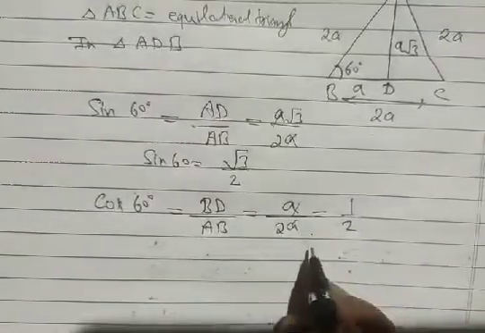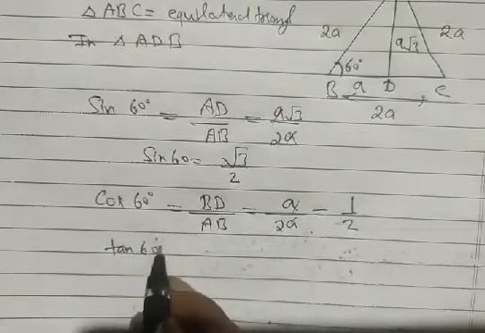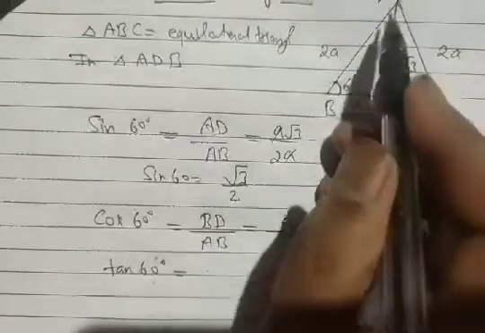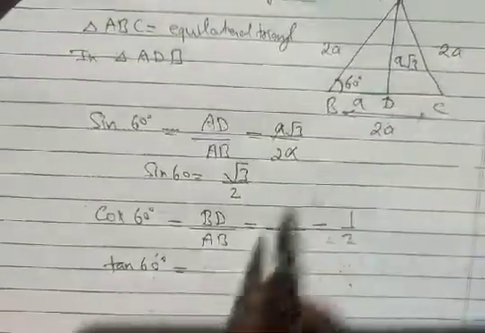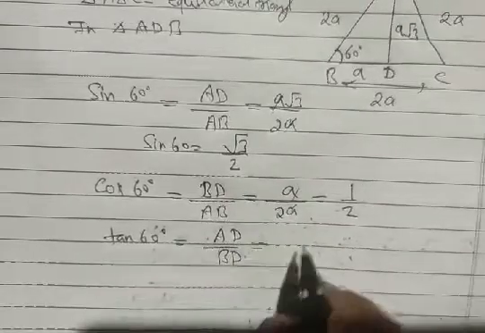Now we have the sine value and the cos value. Now we move to find the value of tan 60 degree. By definition, tan 60 is perpendicular to the base. Then we have AD over BD, where the value of AD is